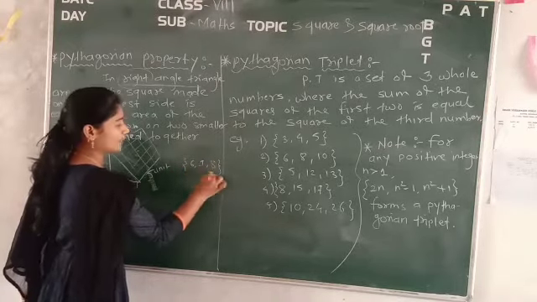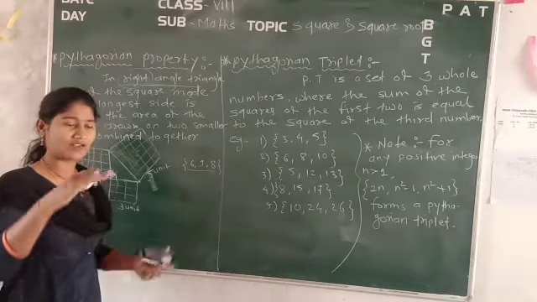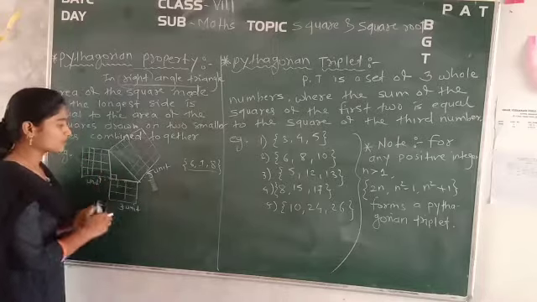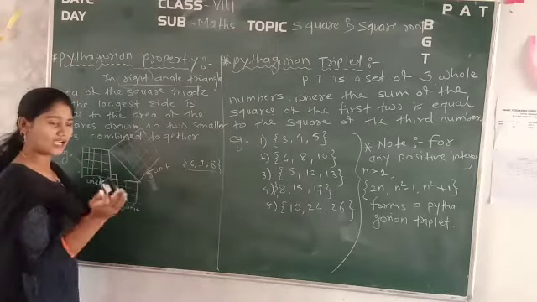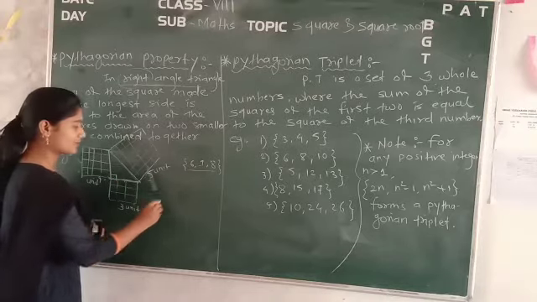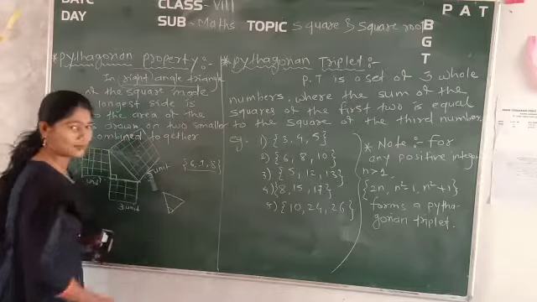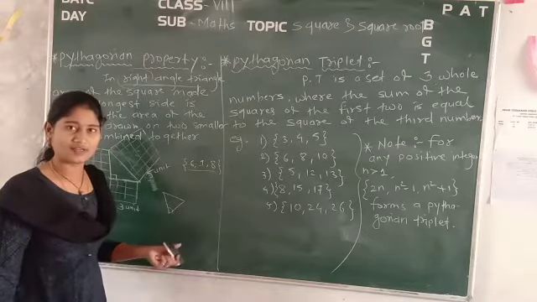Now if you take these numbers, what will you find if you arrange them like that? You will get quite a tilt. The right angle should be quite tilted like this, so it will be formed in that way. So this is nothing but your acute angle triangle. What is this? It is your